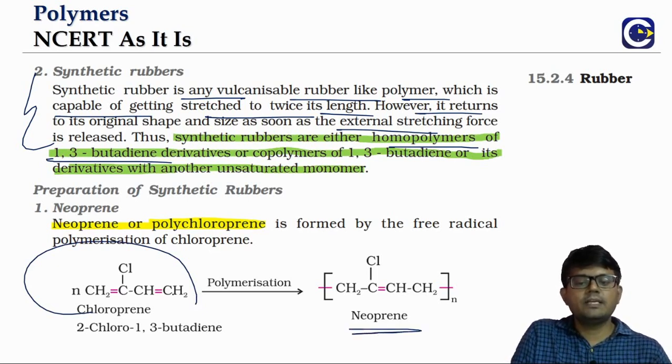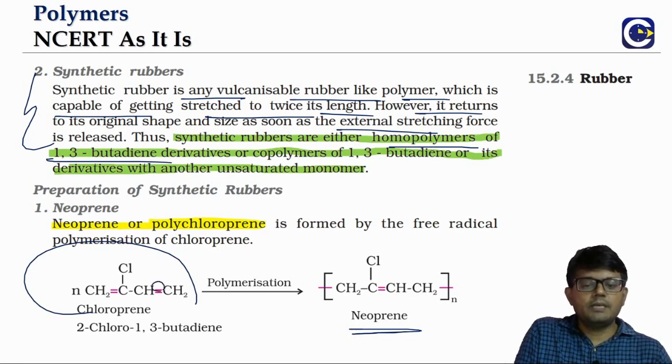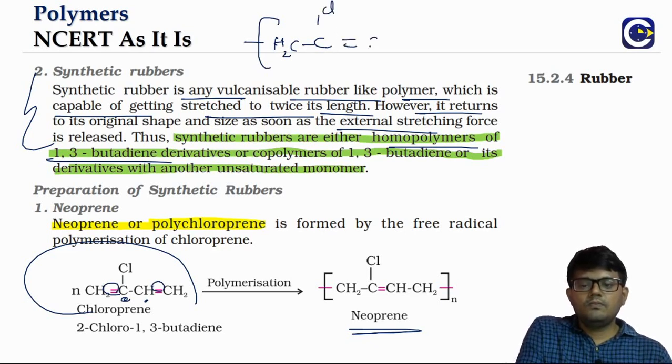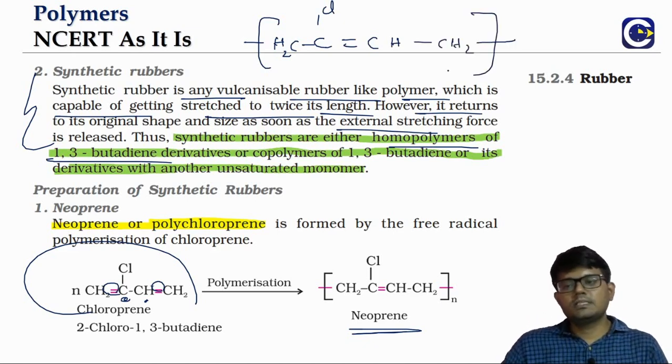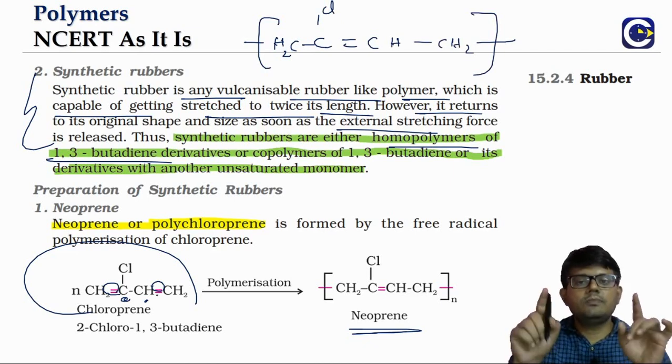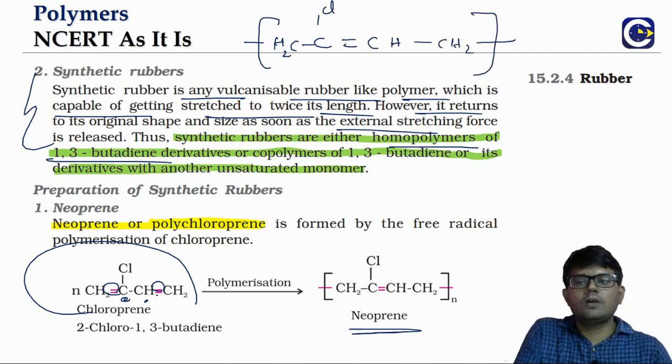How do we get the neoprene structure? Here we have a pi bond, remove it. Here we have a pi bond, remove it. These two carbons will form a, so you see here, the CH2, the chain will continue. These two carbons, right, will form a double bond. Basically the two pi bonds are removed. The middle carbons will be still valency deficit. So you have to form an extra bond between them. That's it. So this is the structure of the neoprene.